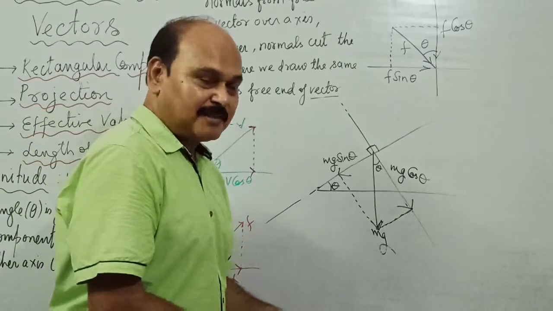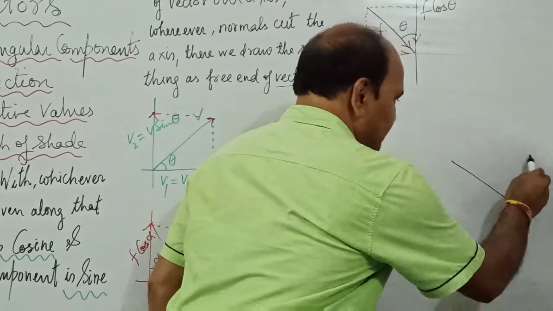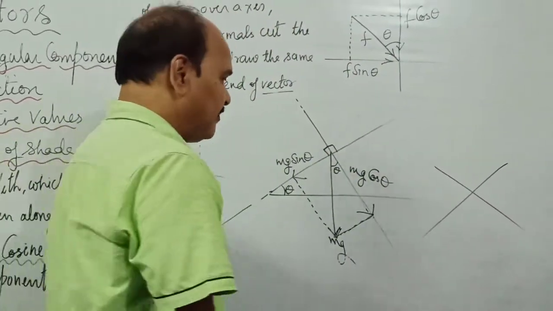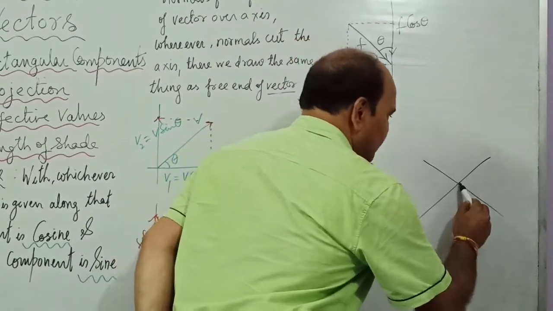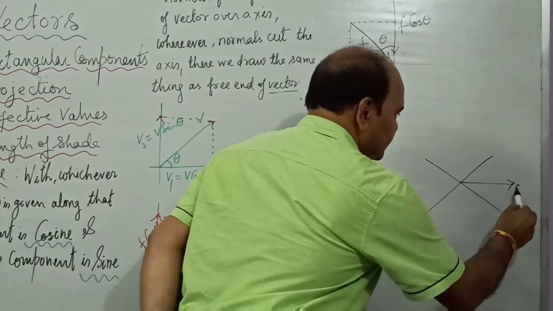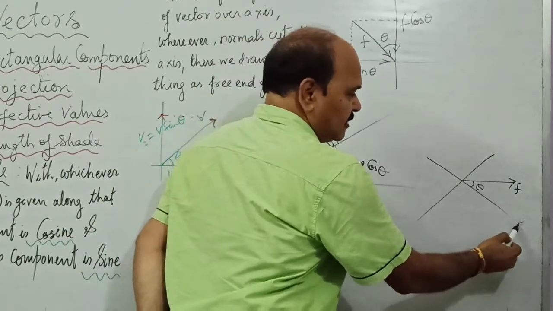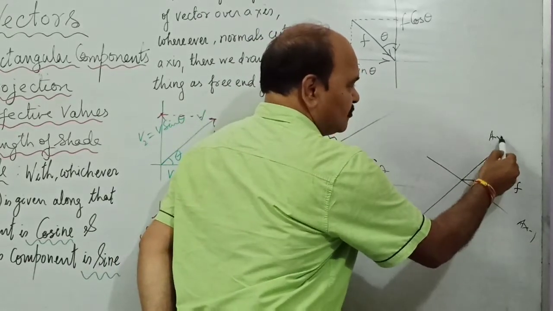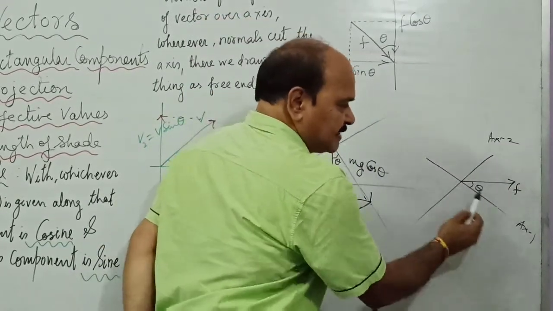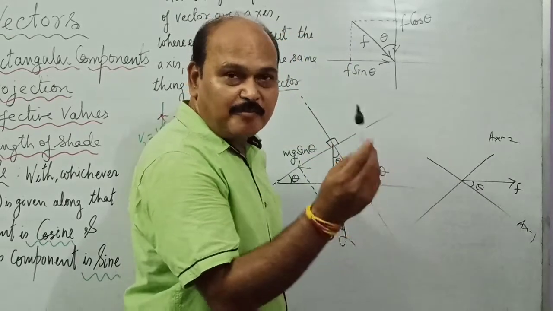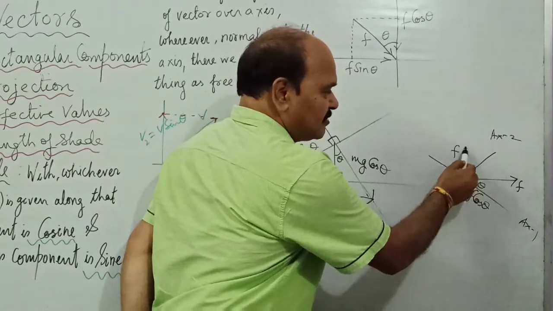So let us apply it once again. See, the two axes are what? Say like this. These are two perpendicular axes. And say the vector happens to be like this. This is the force vector, and this angle is given as theta. Say this is axis 1, this is axis 2. This F will have two components. Along the axis with which angle theta is given, the component is going to be what? Cosine component.